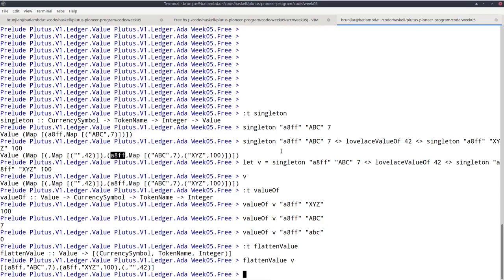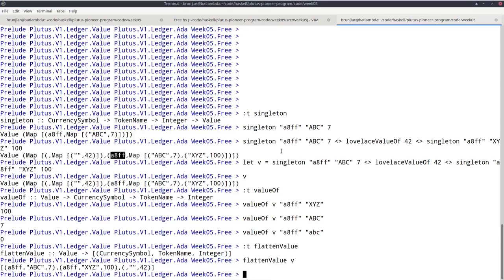And this is where minting policies come in and where the relevance of the currency symbol comes in. So the reason that the currency symbol, the byte string giving the currency symbol, has to consist of hexadecimal numbers is that that is actually the hash of a script. And this script is called the minting policy. And if we have a transaction where we want to create native tokens or burn them, then for each native token that we try to create or burn, the currency symbol is looked up. That's the hash of a script.